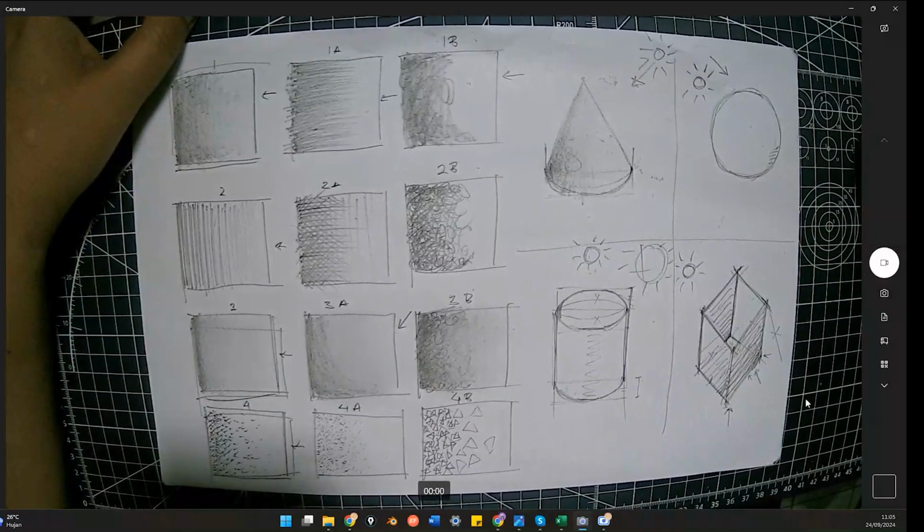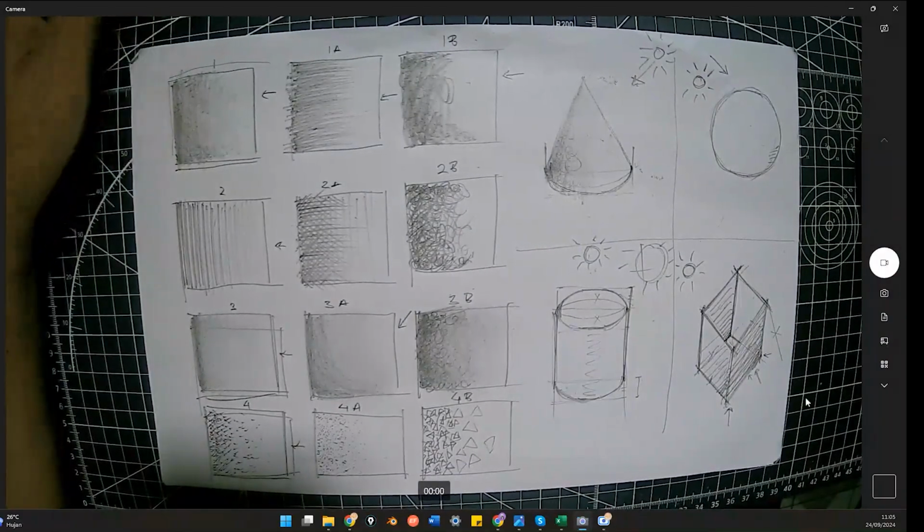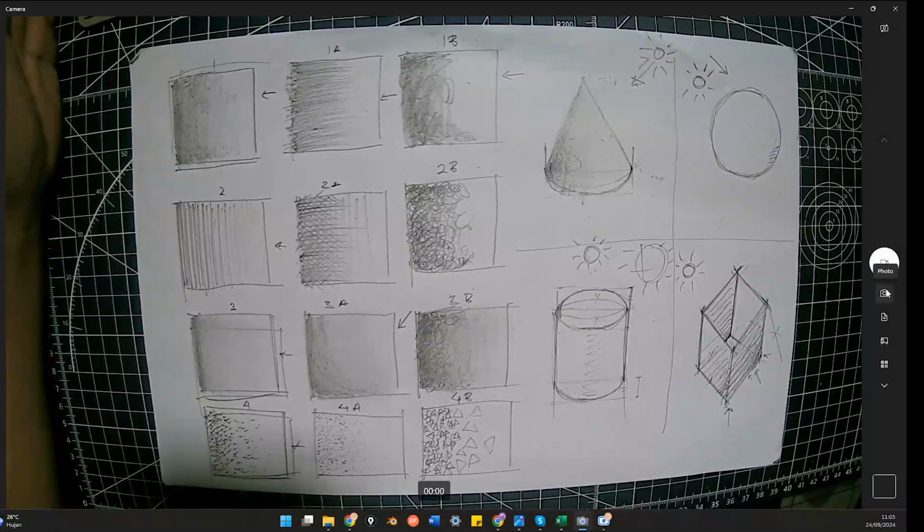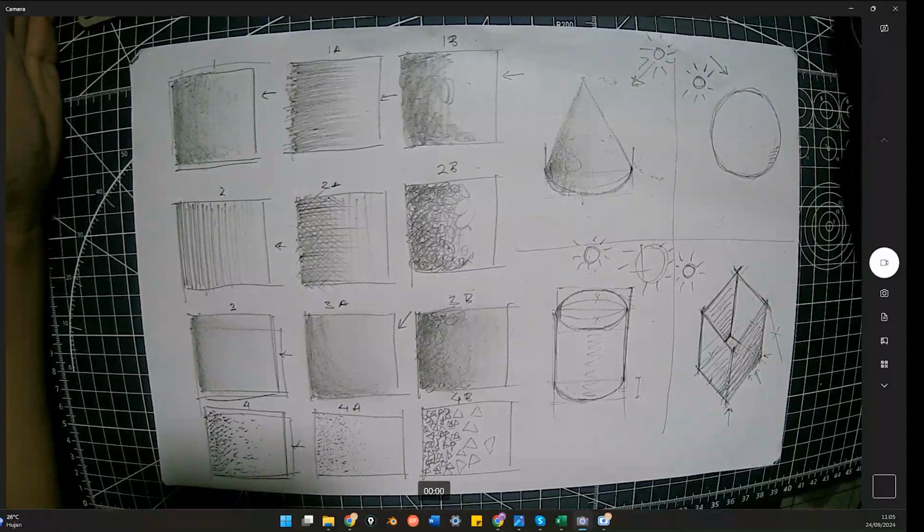Today, I'm going to show you how to submit your work from your computer. As you can see here, I have my camera. Now, if you don't have your camera open, you can actually do it like this. So first, you need to go to here,